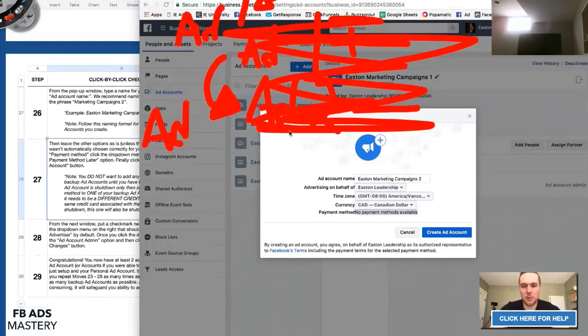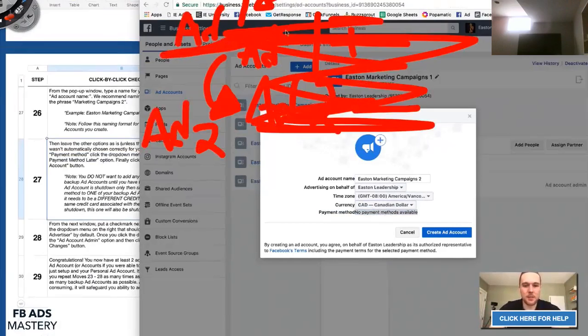Most people have multiple credit cards nowadays, so that's typically not an issue. But if you're someone that for whatever reason only has 1, then you might need to get creative, and you might need to borrow a credit card from a friend or a spouse, or you might even just need to apply for another credit card. I cannot emphasize how important this is. Never enter billing info that's ever been associated with a banned account.